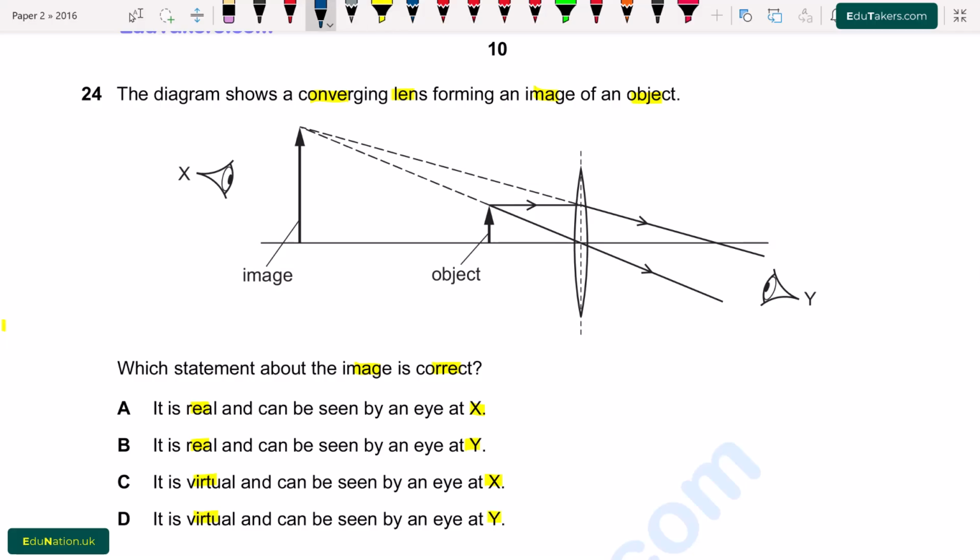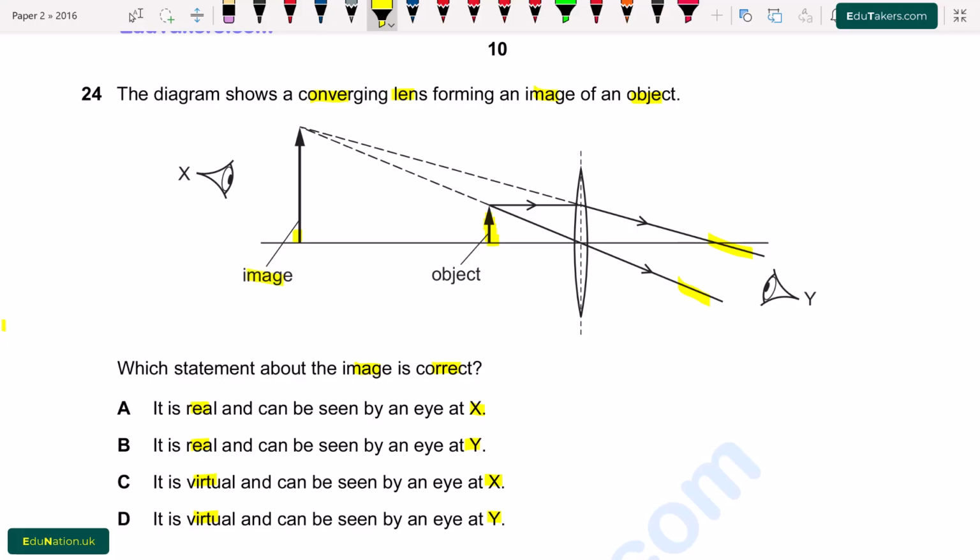So first of all, here we can see that the object is here and the image is formed on the same side. It means that the image formed by this converging lens is virtual. When we form an image with a converging lens, rays from the object fall on the lens, and after refraction they meet at a single point where they form the image. But here on the right hand side, both of these do not meet at a single point. Here we have to extend them in the backward direction so that they form the image.